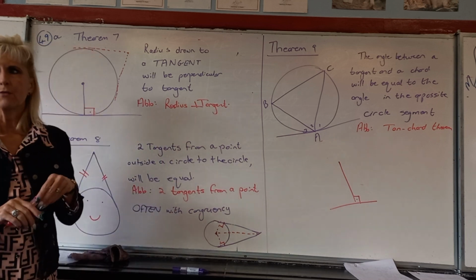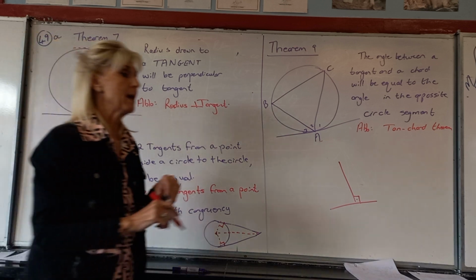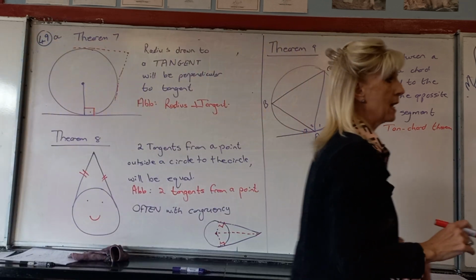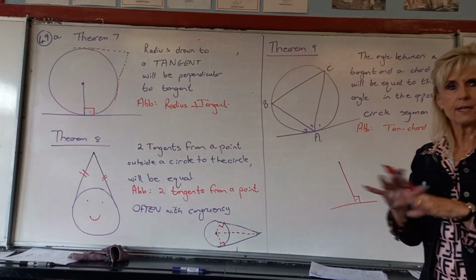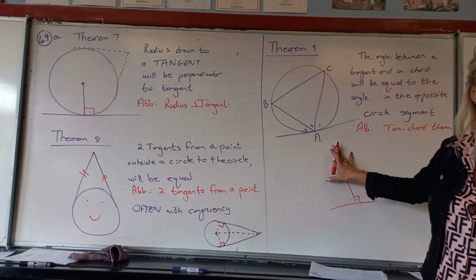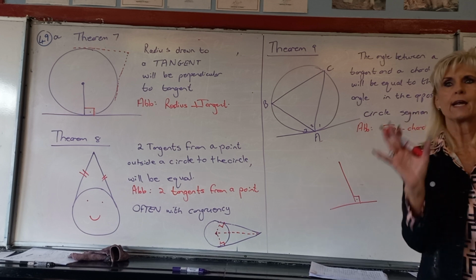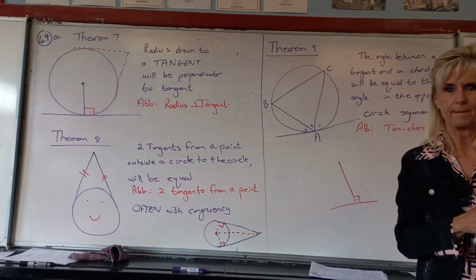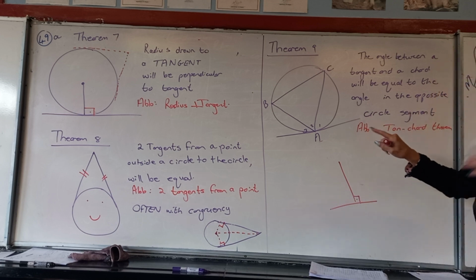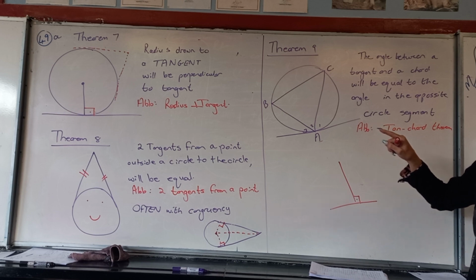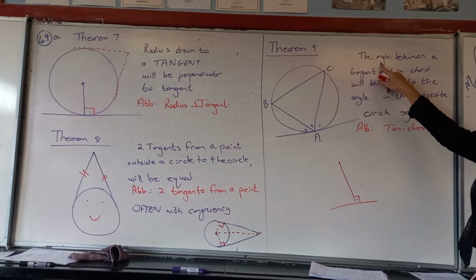The last tangent theorem is maybe the most important one. When you see that your sum has a tangent, look for this last theorem. Theorem 9 is 99.9% of the time going to be there. The theorem states, and you must check this out nicely so that you can get it, that the angle between